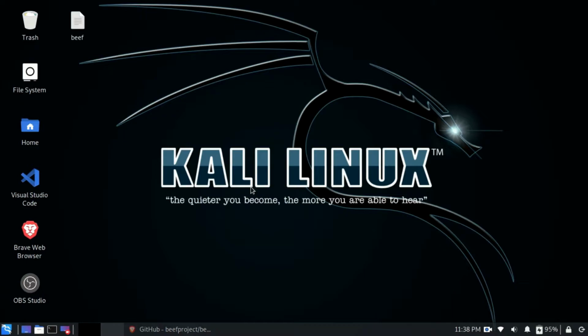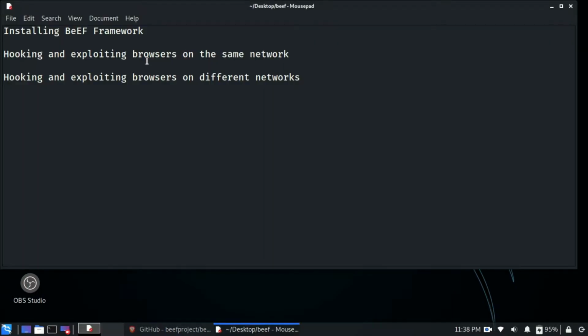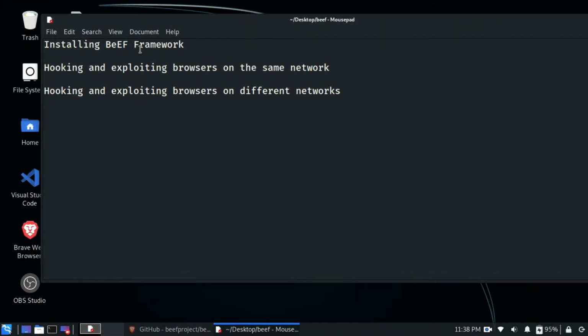In order to learn about this framework, I have divided this into three particular videos. In the first video we are going to learn how we can install BeEF framework on our system. After that, in the next video we are going to learn how we can hook and exploit browsers which are located on the same network, and after that we are going to learn how we can exploit the browsers which are located on a different network or on the internet somewhere else.